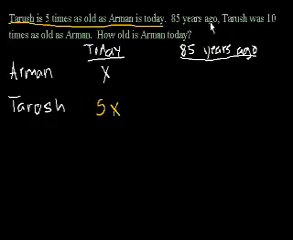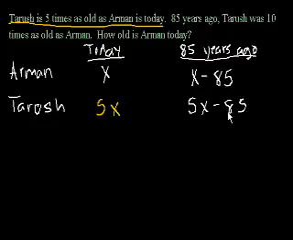85 years ago, well, if Armand is x today, then 85 years ago, Armand would have been x minus 85. And if Tarush is 5x today, then Tarush would be 5x minus 85. I just subtracted 85 from the current age because we're going 85 years into the past. And now we have this extra piece of information which tells us that 85 years ago, Tarush was